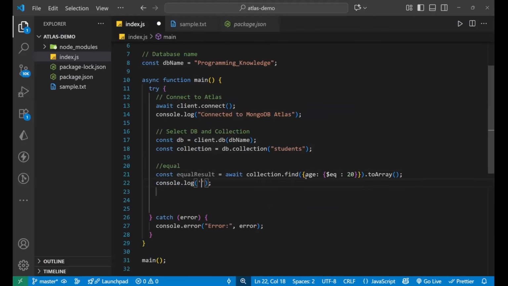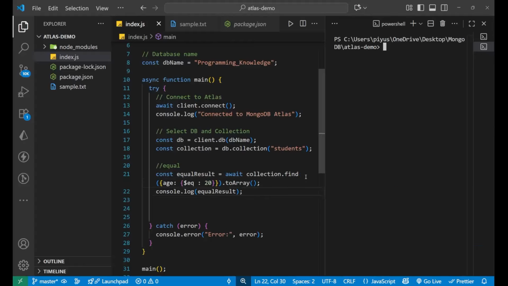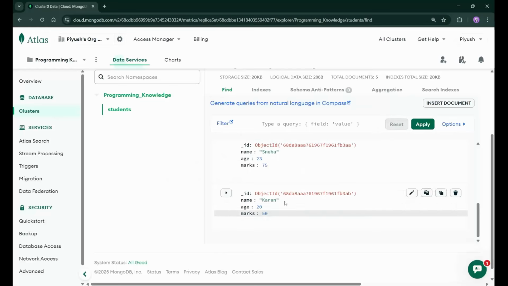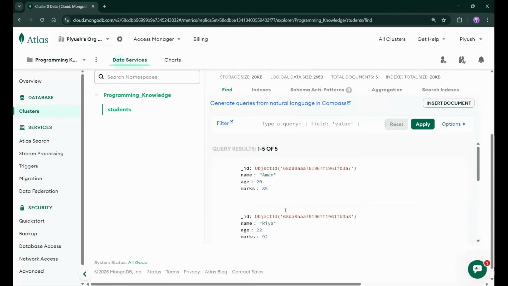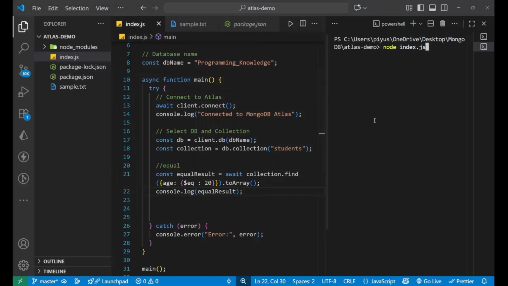equal result, like this. Let's just save it, go to the terminal. Here I'll write node index.js, press enter. But before pressing enter, let me show you. Here I'm having the current where the age is 20, and this Aman where the age is 20. So we should get two different data, right? Let's press enter,